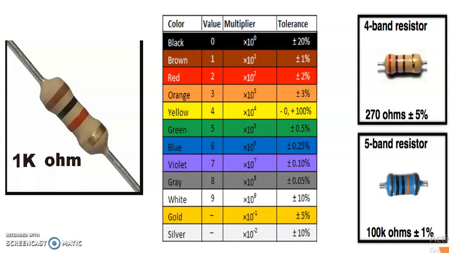These are some components which we generally use in our laboratory. As you are familiar, I think you have learnt this in the first year also. This is a resistor. I have shown you only one, there are a number of resistors. And this is a chart which you have learnt in the first year, the color code mnemonic, B.B. Roy of Great Britain has a Very Good Wife. This was the code given to us. Using these codes, you need to calculate the resistance of this device. Brown, black, red in the sense 1 kilo ohm.